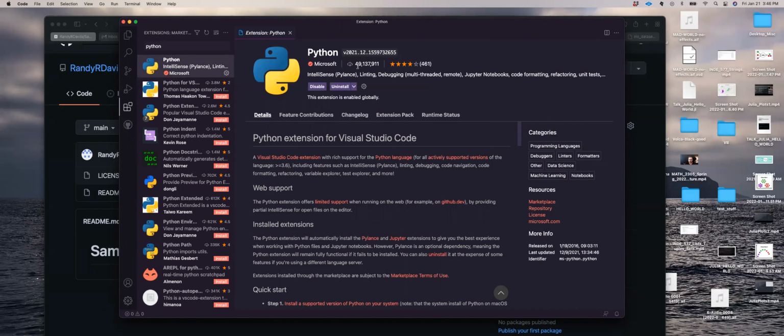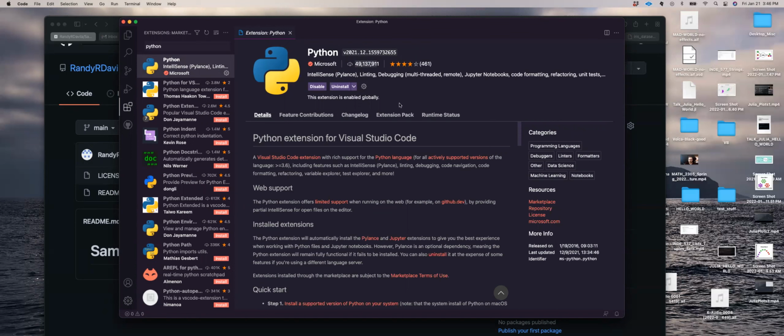It has 49 million downloads and all kinds of good stars. You need to install this. I already have it installed, but if you don't have it installed, install it. So students, how many of you have installed this extension? I have it. I have it. I have it. Alright. Okay, so when you install this extension,